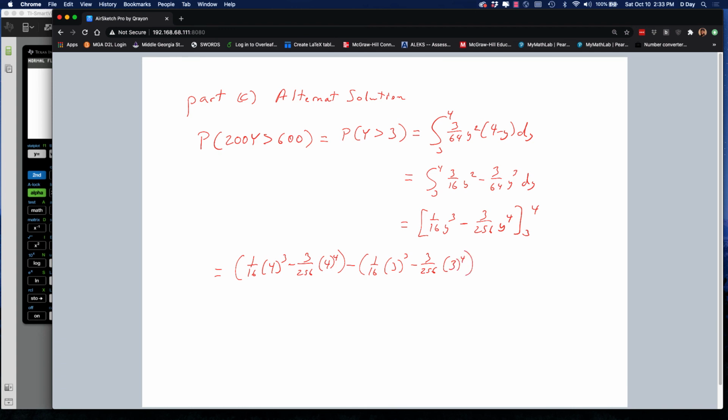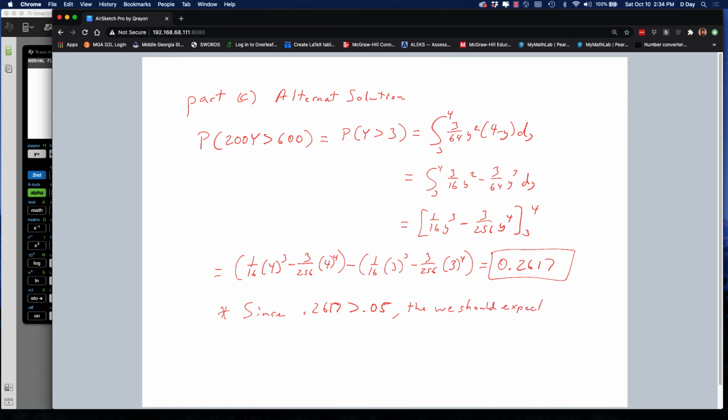And when we do all that and simplify, you should get roughly 0.2617 as the probability. And since 0.2617 is greater than 0.05, and 0.05, remember, is kind of the measure I mentioned a minute ago for being unusual, anything below 0.05 would definitely be unusual, but this probability is bigger than 0.05,